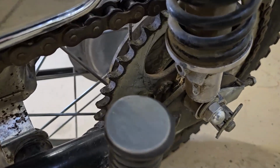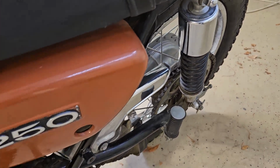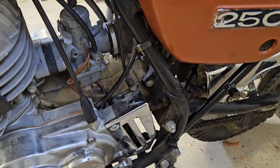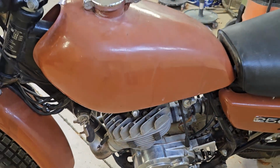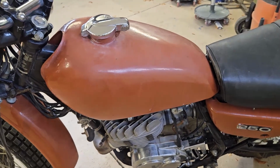This sprocket's in excellent condition. The chrome is in excellent condition. If you look down here in the hub, that'll polish up. I'm not going to do a lot to this compared to my other restorations, because I think it's worth more as a survivor. And so the things that are probably detractors are this paint,